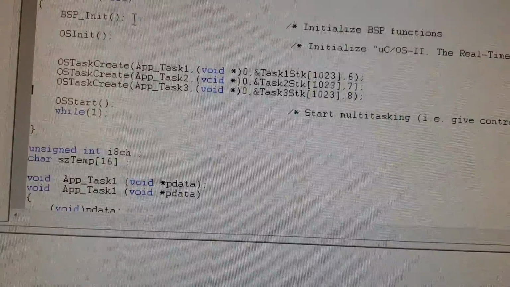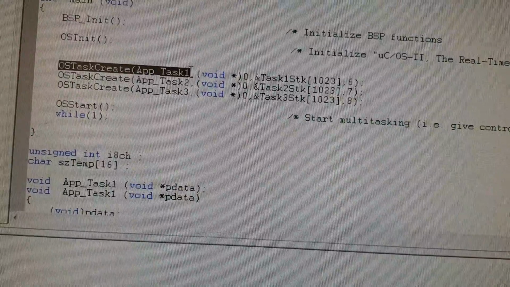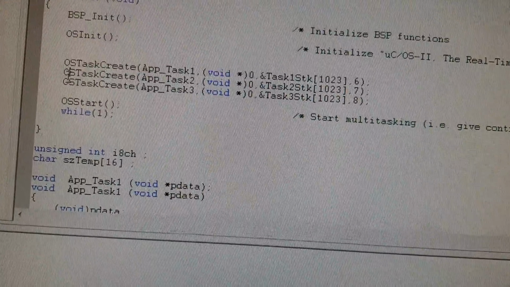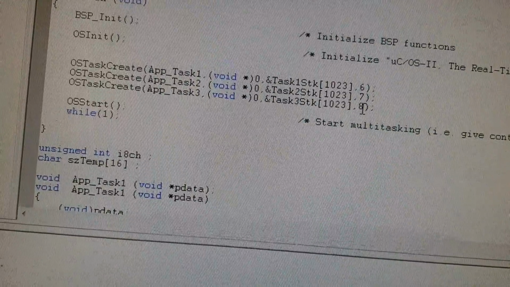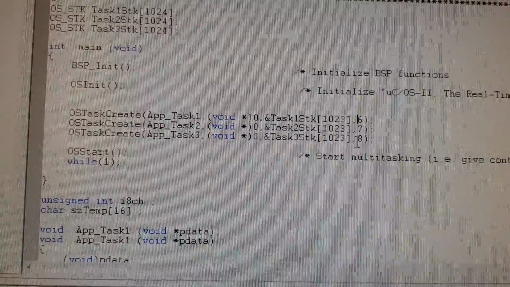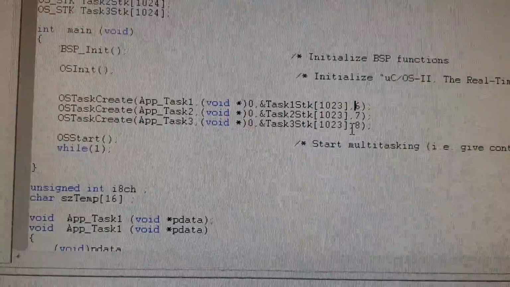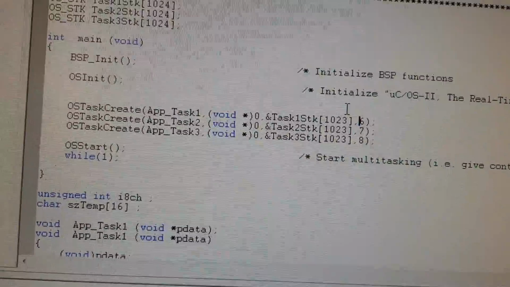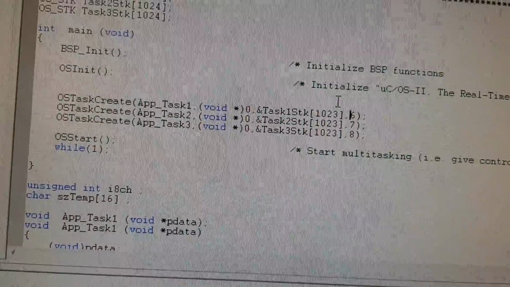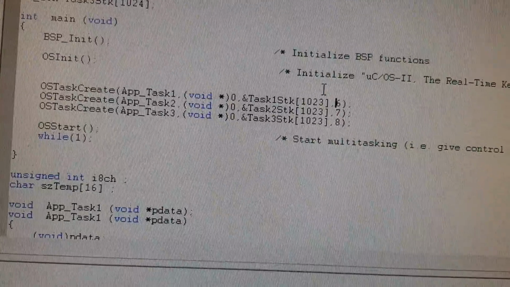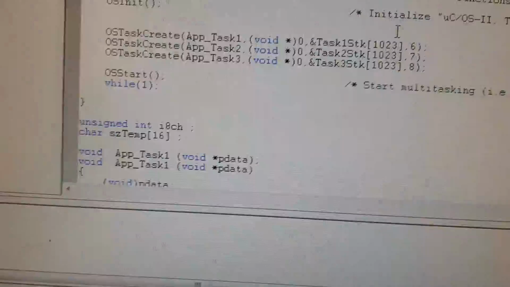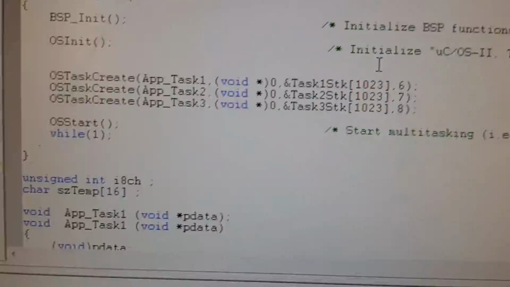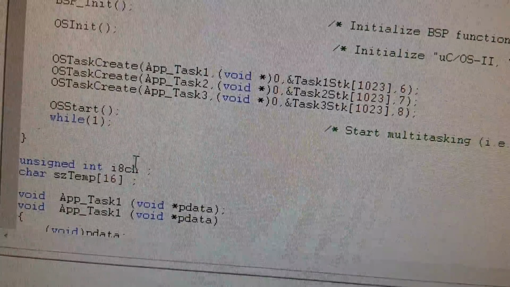Here create task 1, then create task 2, create task 3, and assign the priorities 6, 7, 8. So this means that task 3 has the highest priority compared to task 2, and task 2 has higher priority compared to task 1. So higher the number, higher the priority.